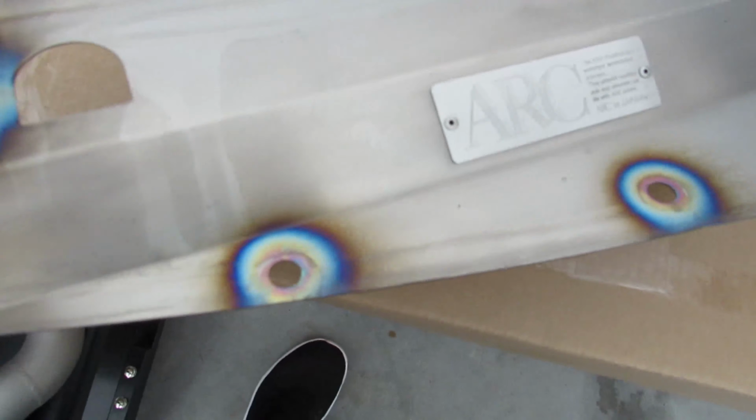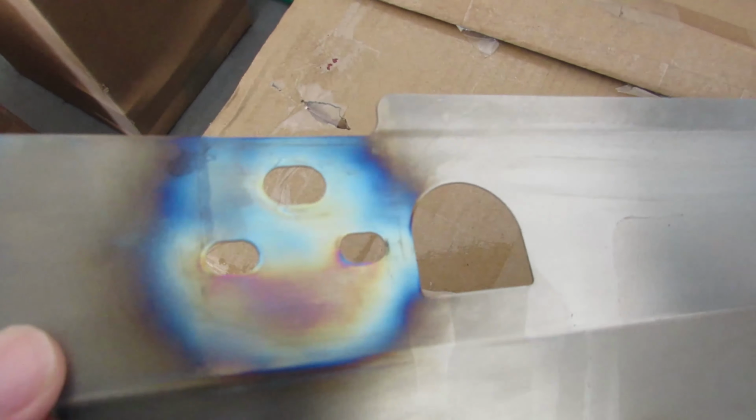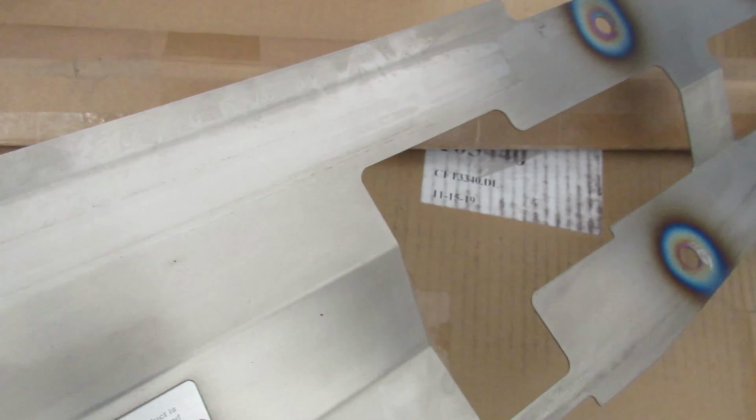Alright guys, we're gonna move on to this. This was already on the car, but I'm actually having a friend fix it up. As you could tell, it's had its fair share of dings and whatnot. I actually bought this recently, and